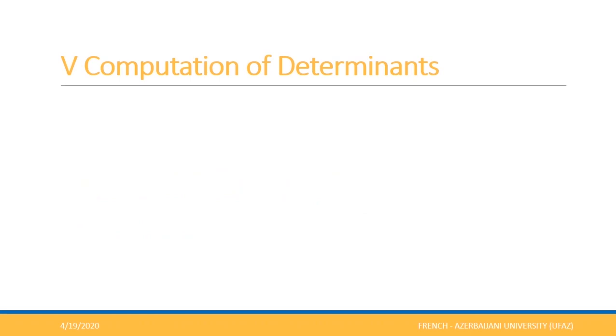Hello guys, our today's lesson will be computation of determinants. Okay, suppose that we have an n by n square matrix A, this one,